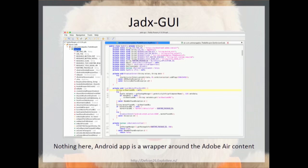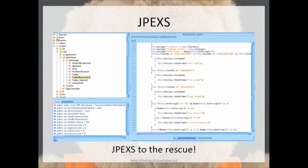So within the APK was a SWF file. And I took that SWF file and then threw it into JPEXS. Essentially, this is a Flash decompiler, and all the BLE stuff was within this SWF. So if you are poking at your own Teddy, you're better off not even looking at the APK. Just unzip it, grab the SWF, and throw it into